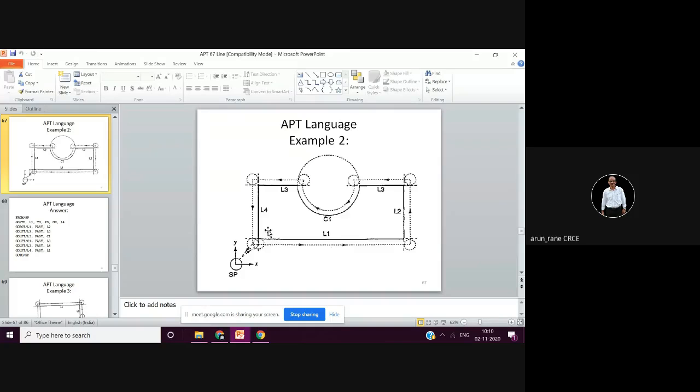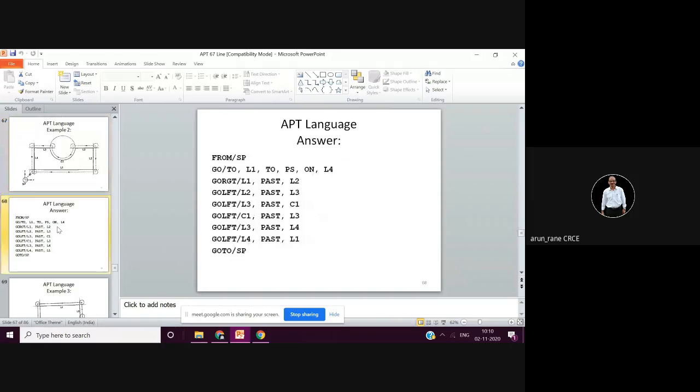And if you say past, then the cutter will move beyond the line L1. So go to L1, and then here they have said 2 PS, which you can ignore.